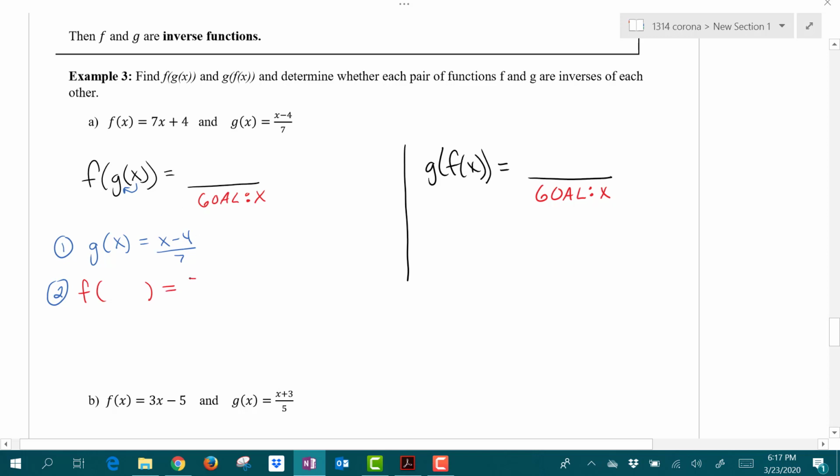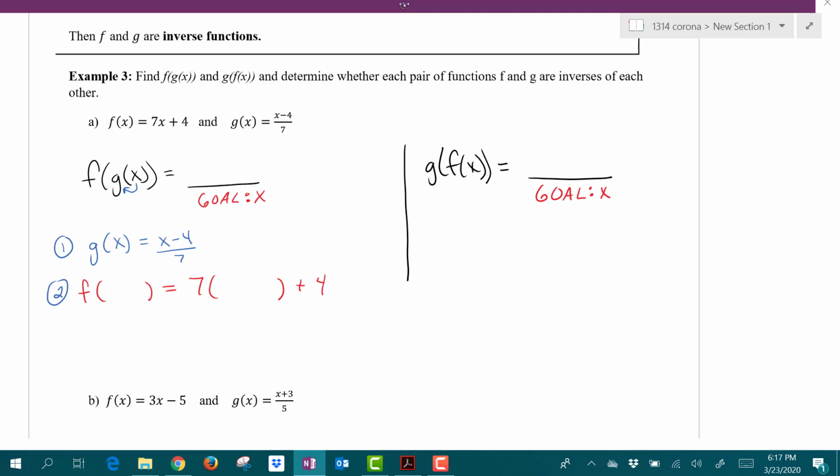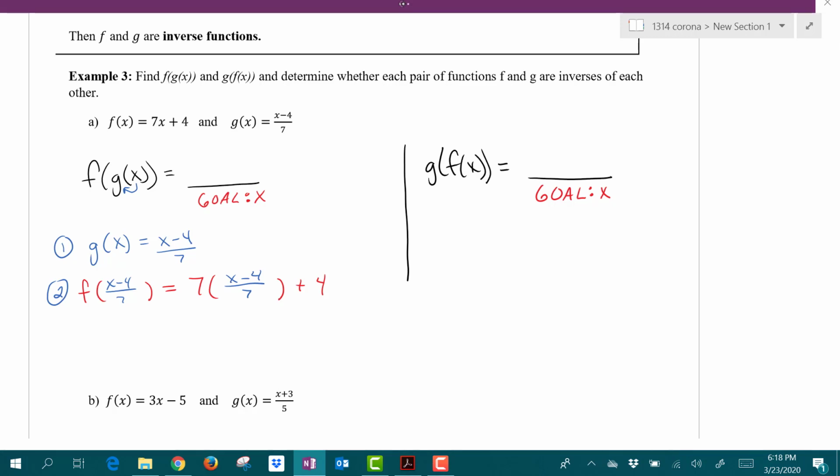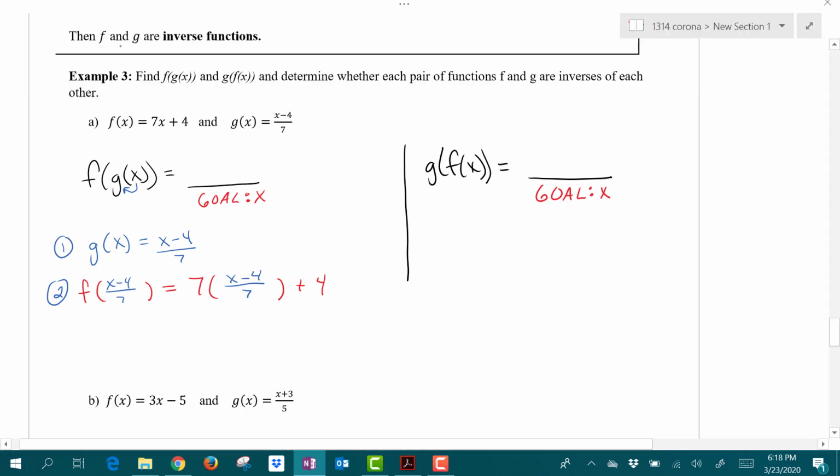So if the function f is 7x plus 4, I'm going to put parentheses everywhere I have an x. And I'm going to take that x minus 4 divided by 7, and I'm going to drop that into the parentheses. Now I want to simplify this. We have 7, we can think about that as 7 over 1 if we want to, times x minus 4 divided by 7. When I'm multiplying two fractions together, I can cancel common factors in the top and the bottom. So let's cancel those 7s. I'm left over with x minus 4,